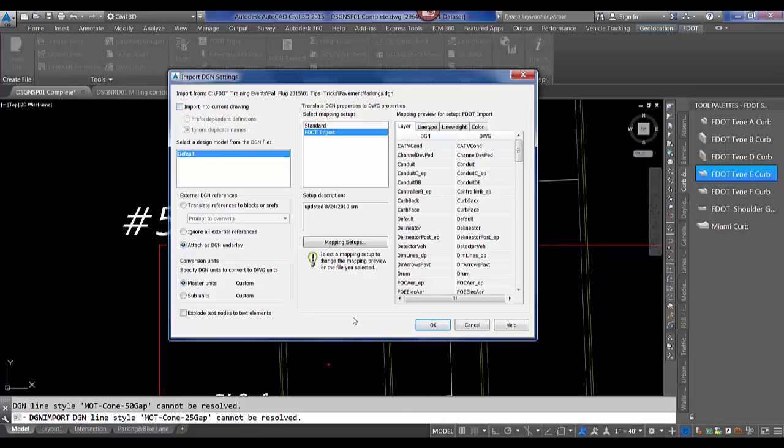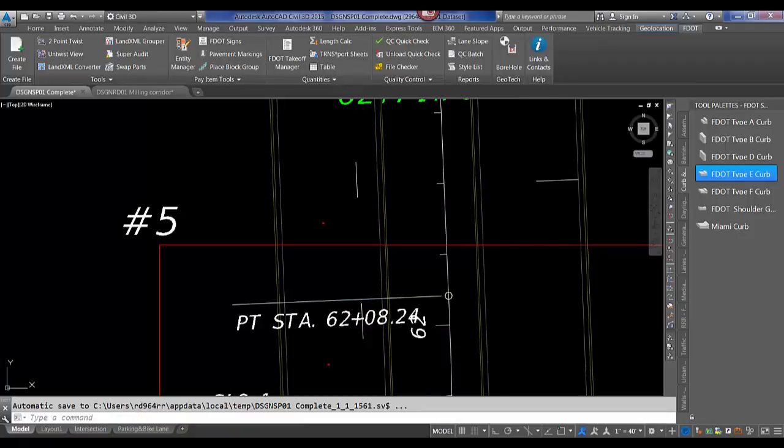But I recommend opening a DGN straight out of MicroStation, not having someone save it as a DWG in MicroStation for you to open up, because you want to go through the import map settings. Number 7,